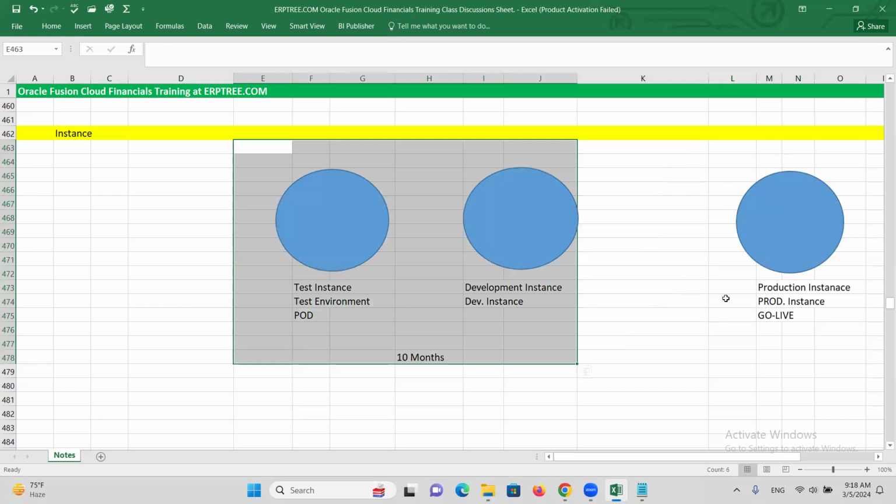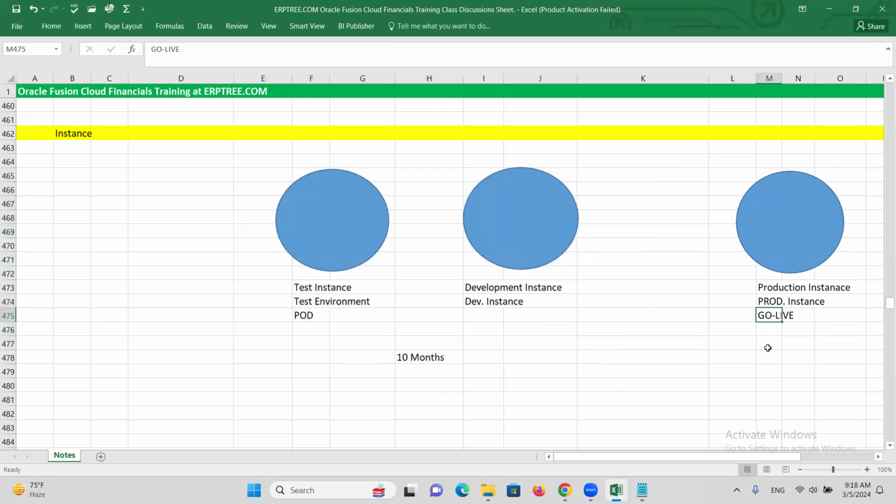Say your client is using production, implementation is completed, and the system goes live. Go live means the moment the client starts using that system; we call that go live. The system is live, and they can start using it to record their business transactions. Once the client starts using it, they may face some issues. In that case, we have to test in the test instance, but the data would be available in production. This data can be copied from production to test with the help of the Oracle DBA team; we call that cloning